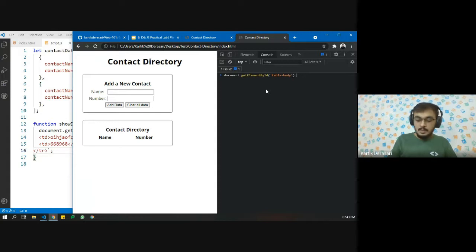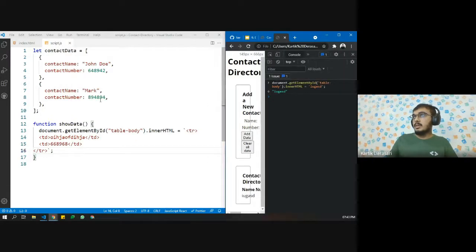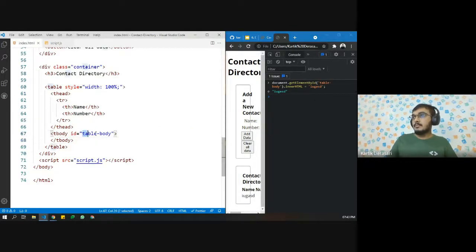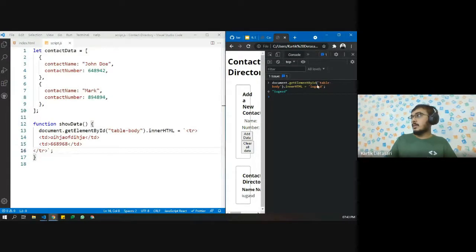Okay, then we have innerHTML, and we want that to be, let's say, some kind of data right now. Okay, this is working, but why is this not working? Do I have any typo? Okay, I think there is some spelling mistake. This should work.